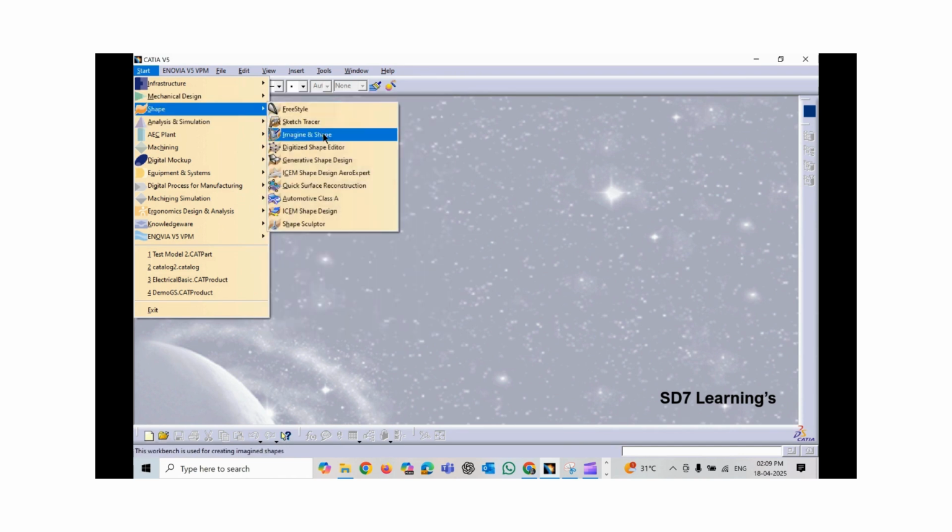These are some of the workbenches I'm going to take care of for now, and at a later stage, based on the input I receive from you, I would go for the other workbenches based on the